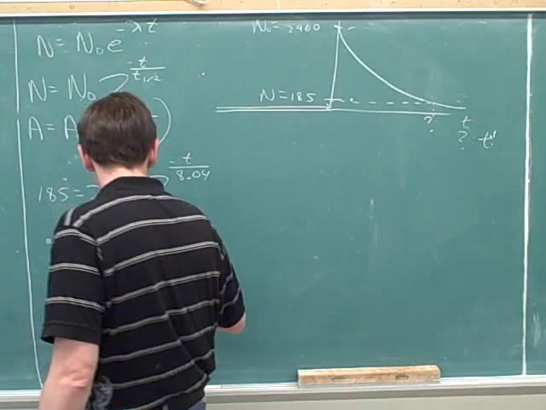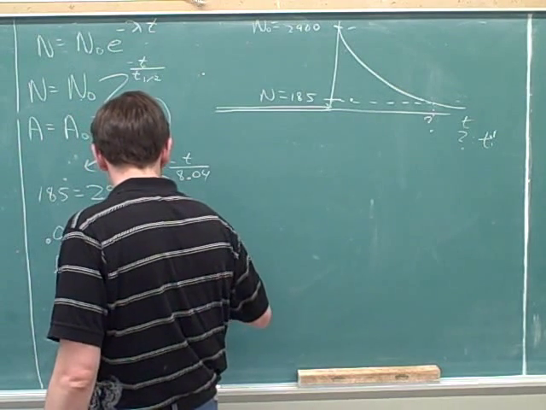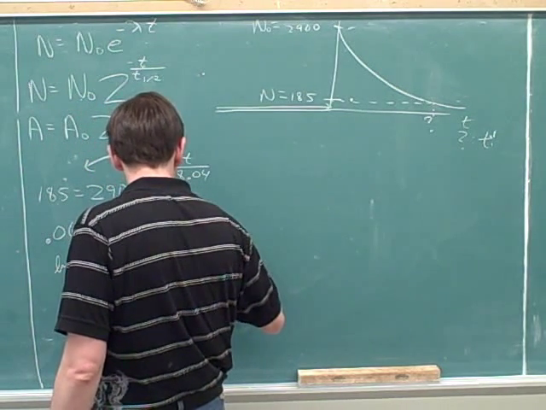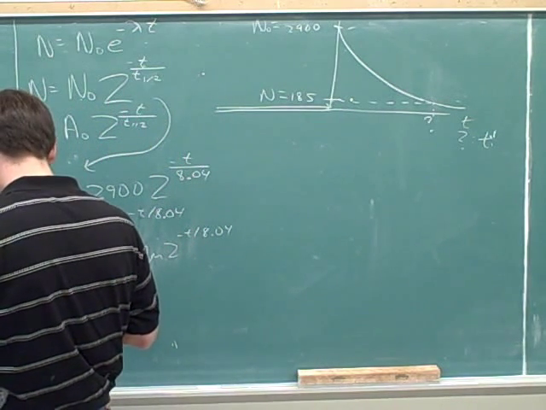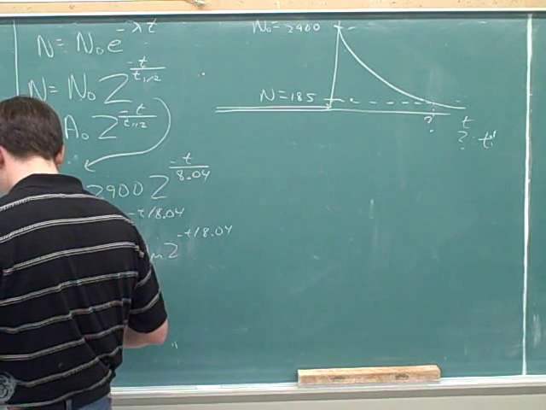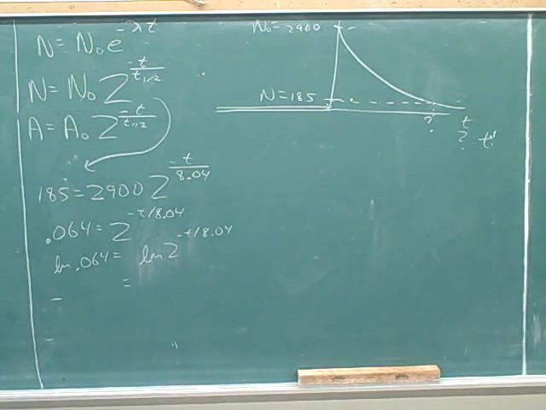Log of 0.064 is negative 1.19. And that's equal to negative t times log of,